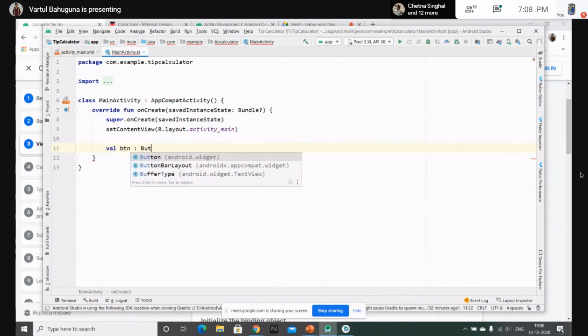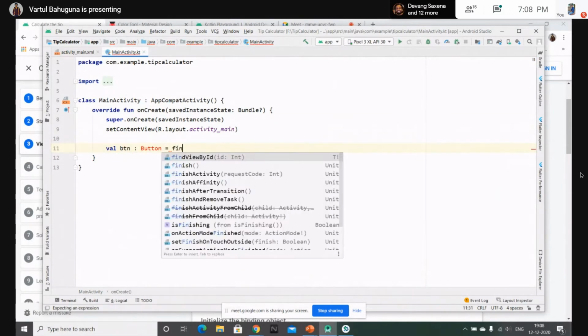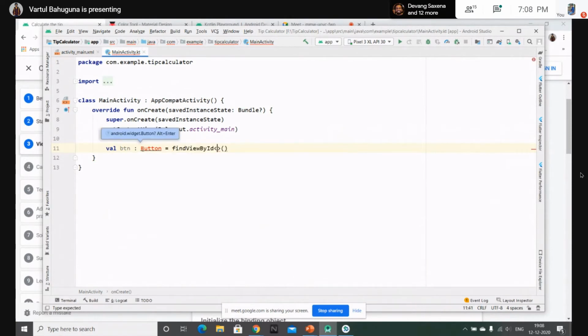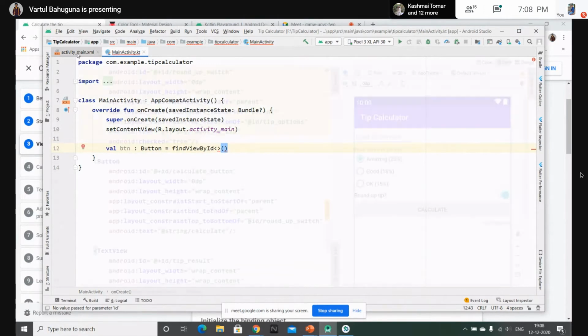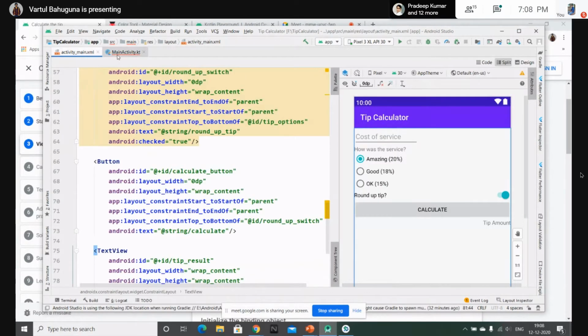This val will be button, and then import the button, and then just provide it with the ID of this button, that is calculate button.